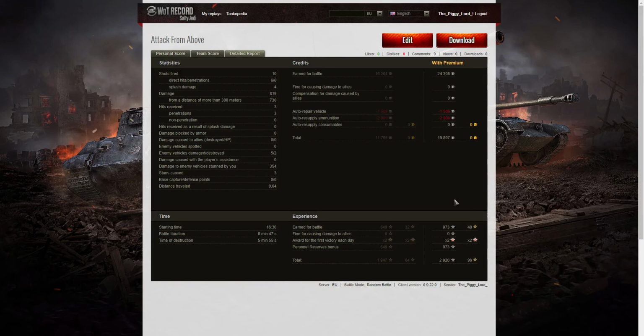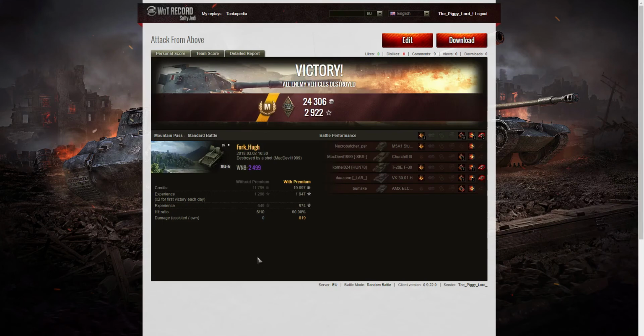19,897 credits. I received 973 base XP on a premium account, and that was ×2 for the first victory of the day, and I had a personal reserves bonus going at the same time, so I took away 2,920, which was very welcome. But yes, tanks had better beware when there's somebody up on that plateau, because if you get a driver like that Bishop driver, and of course like me, then we're likely to come flying down the hill at you at high speed